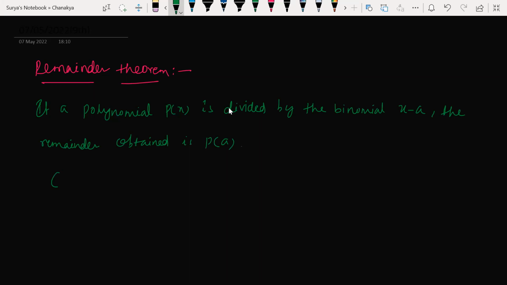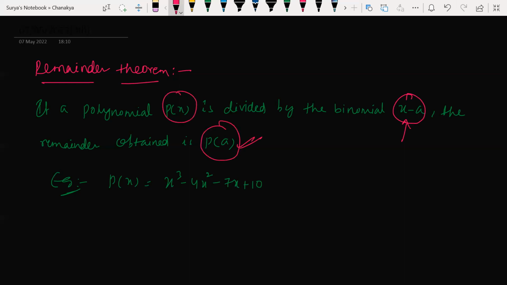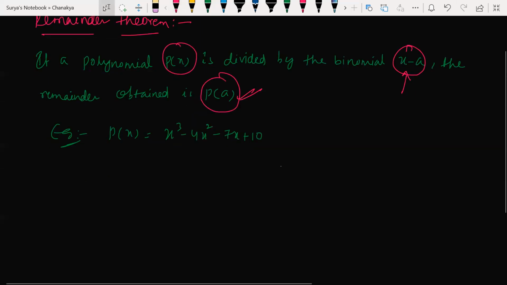For example, take any polynomial p of x: x cube minus 4x square minus 7x plus 10. This is the example I took. Any polynomial you take, divided by the binomial x minus a, which should be a linear polynomial, then the remainder obtained is p of a. So basically, look at this here. This is a polynomial given to you,